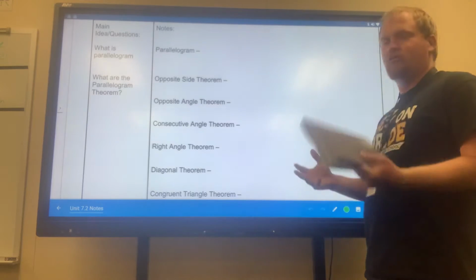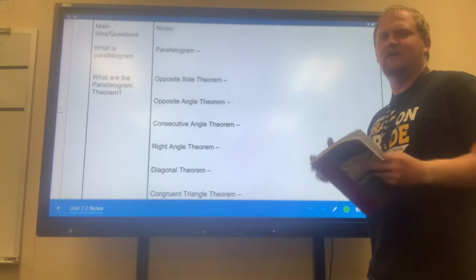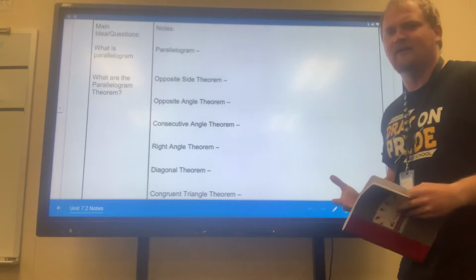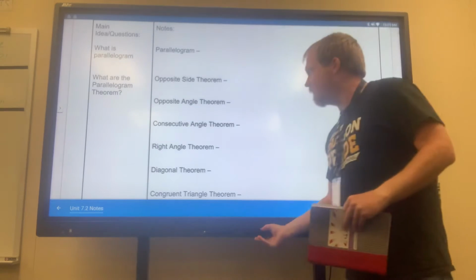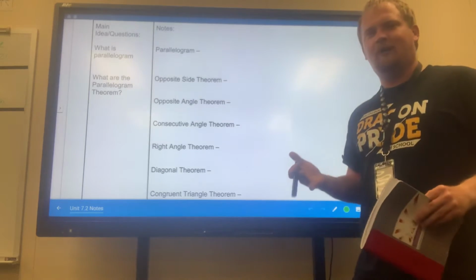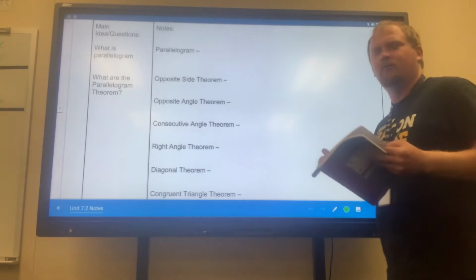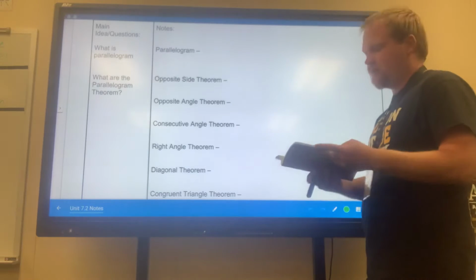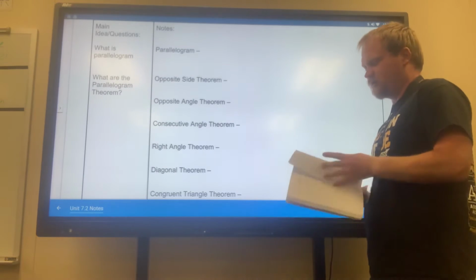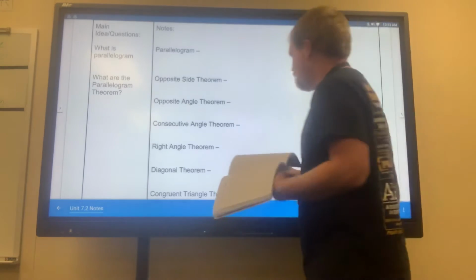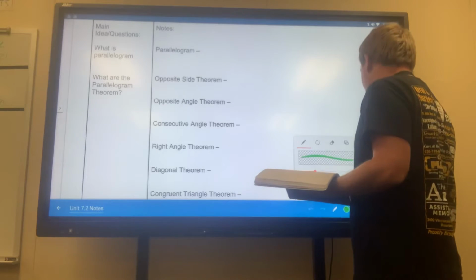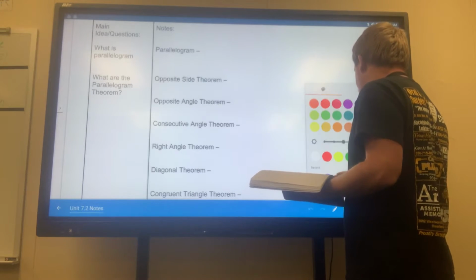Now, there's quite a bit of properties, so there's a lot of definitions, a lot of theorems that we're going to have to write down. But for one, we got to be able to know what a parallelogram is. And we've seen them before, so we probably know the definition already. But just to be clear, a parallelogram is a